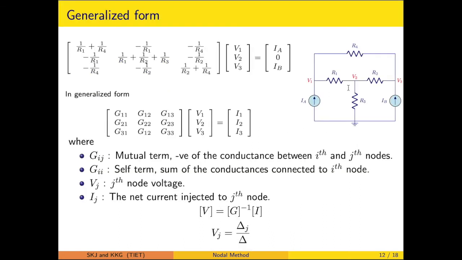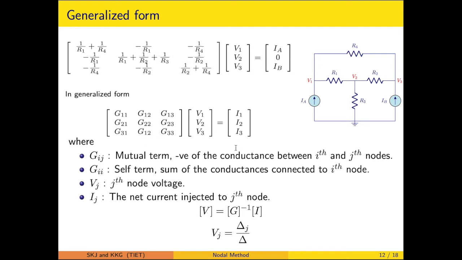The same diagram is represented here. The same equation which has been discussed previously is taken here as it is. Now just to give you a general nomenclature, this is coming out to be a 3 by 3 matrix, so it is also referred to as a 3 by 3 matrix. The reciprocal of the resistance is the conductance, so the G nomenclature is used as matrix terminology, which is a double subscript nomenclature to give you the row and column. So the components are marked G11, G12, G13 likewise.